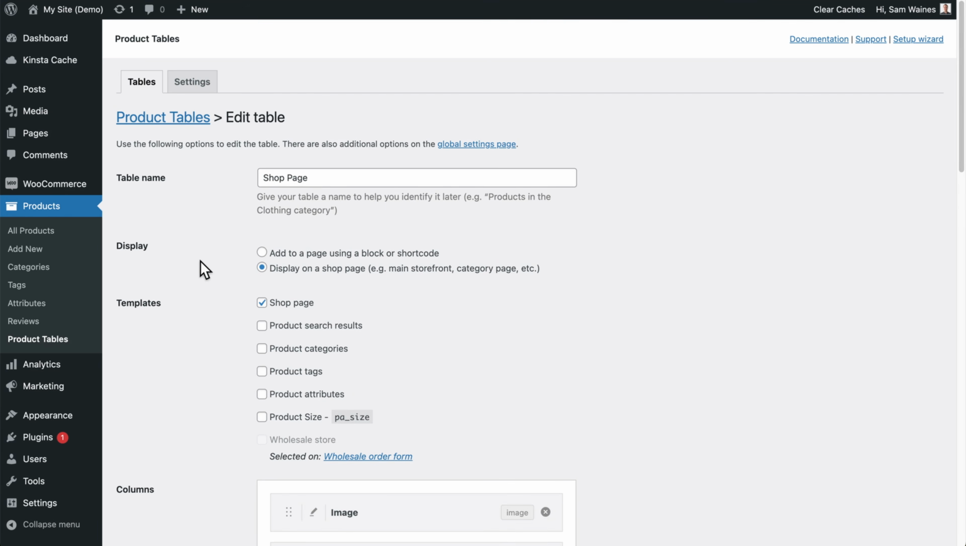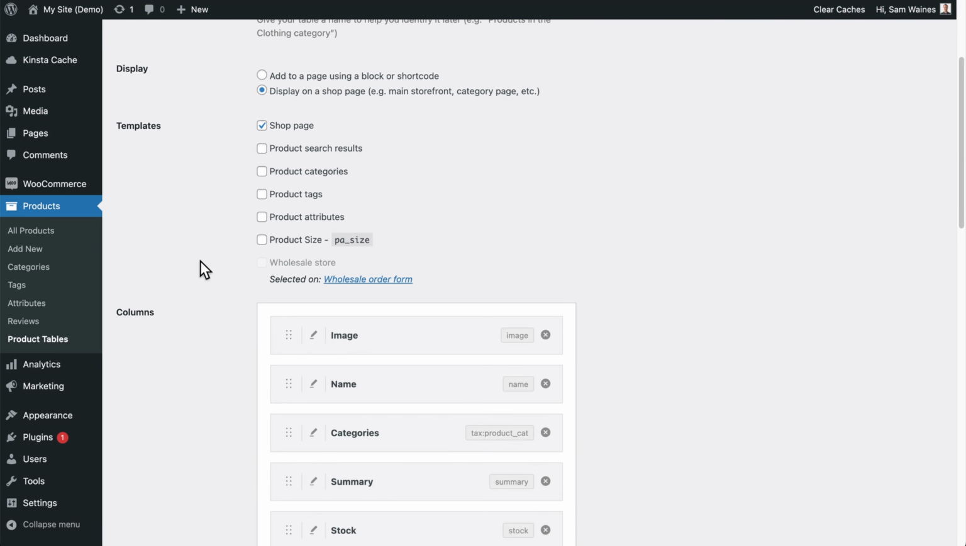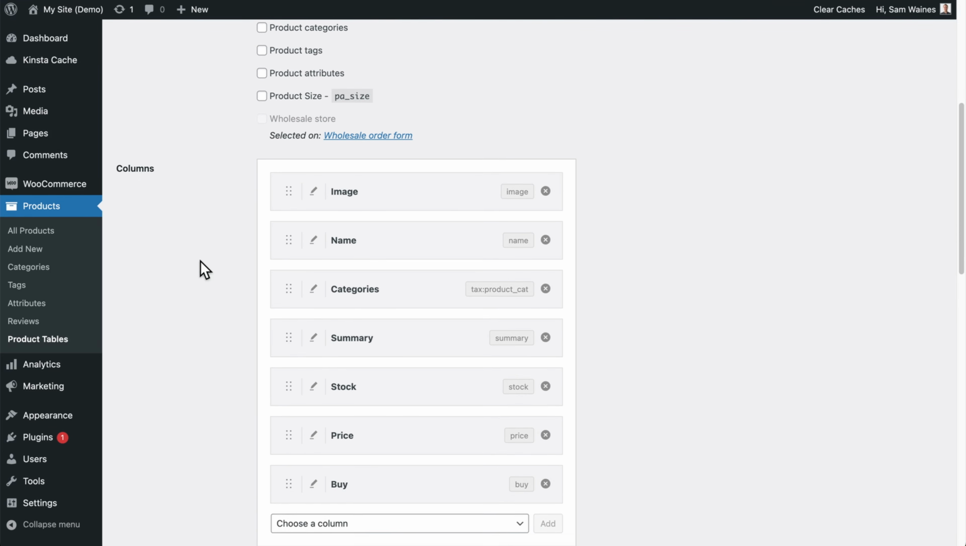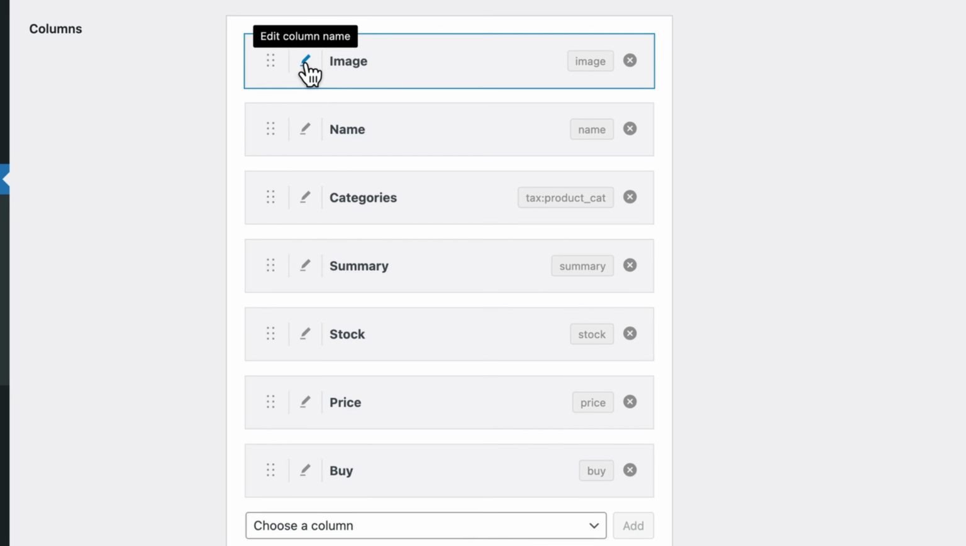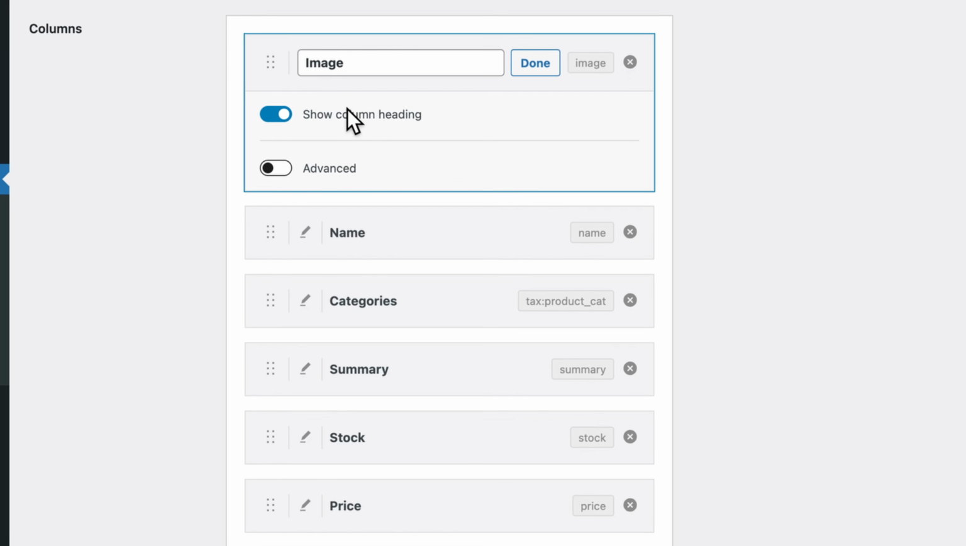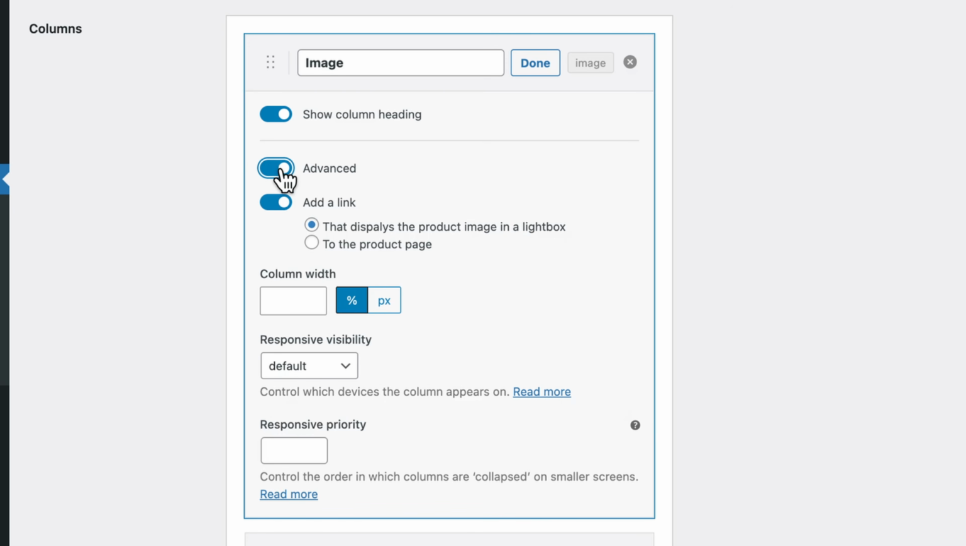You'll see a lot of repeated settings from the table builder, but right now I want to take a look at the editing options for individual columns. So when you visit this column section and you click on the little pencil icon here, the first thing you can modify is simply the name of the column, and you can choose to show that column heading in the table itself. But if you toggle this advanced option, you can see we have a lot more detailed settings that